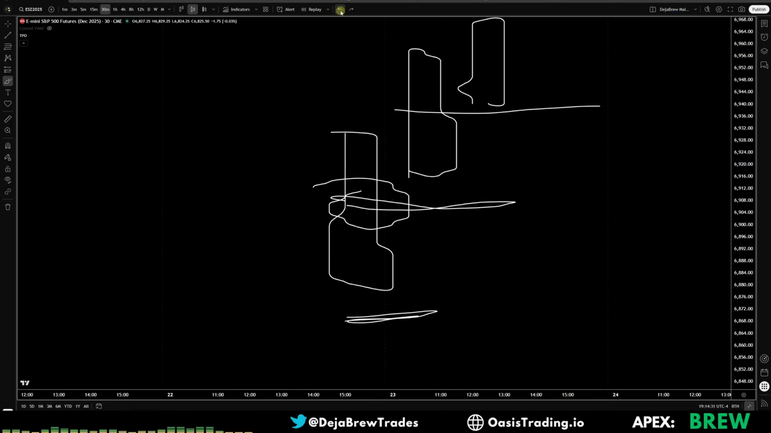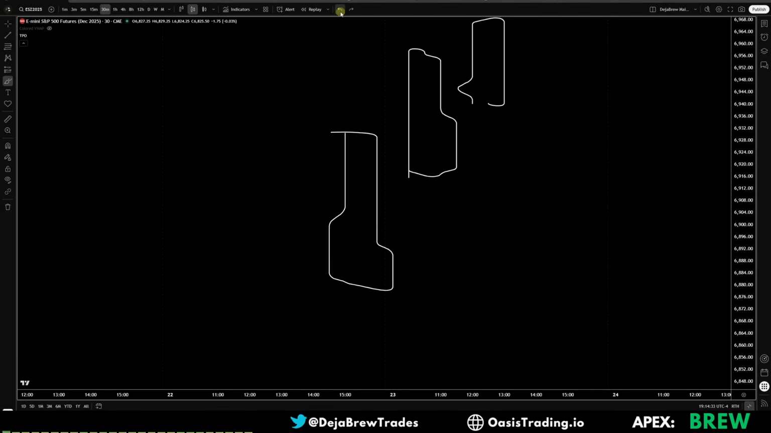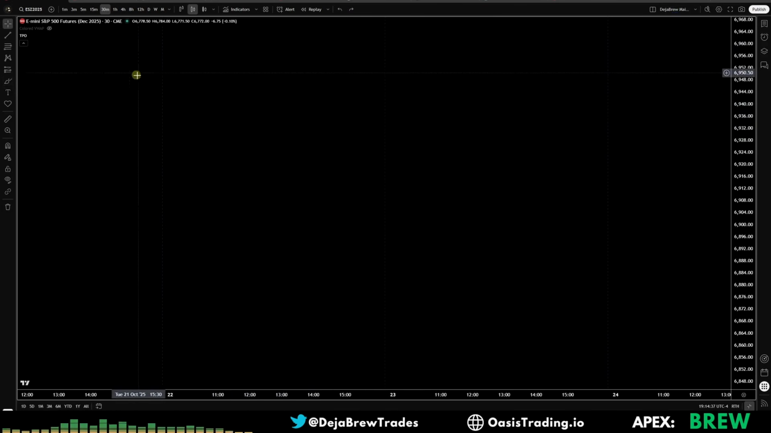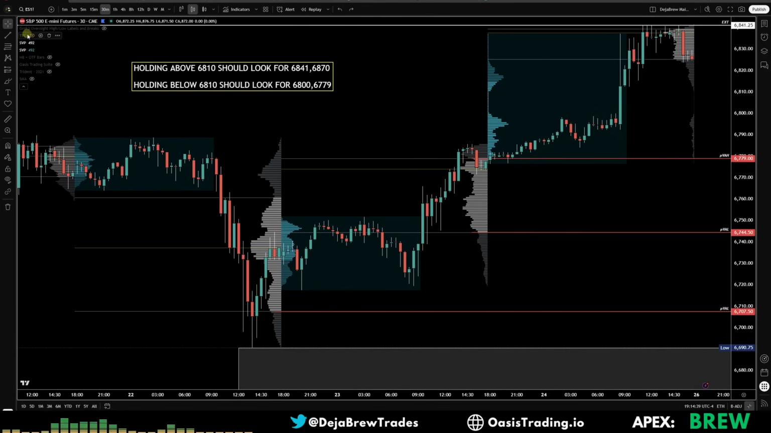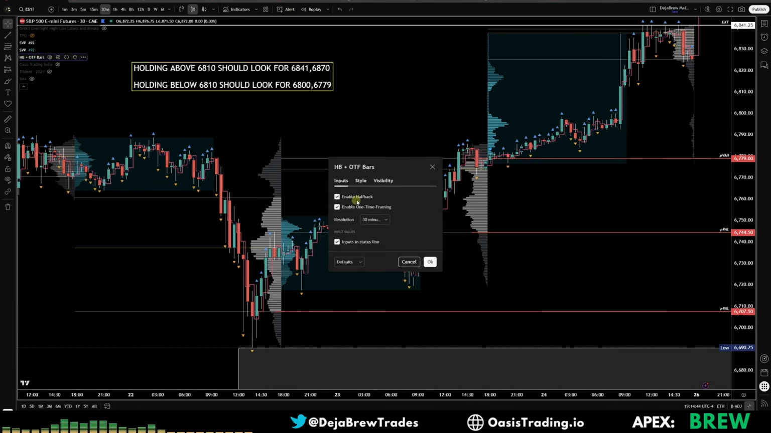Now, I don't trade halfbacks by themselves, but I am mindful of where they are. I am so mindful of it, in fact, I created an indicator to do this. And you guys can find the indicator on TradingView for free. It's completely free. If you type in halfback and one time framing, you should be able to find it. It's by